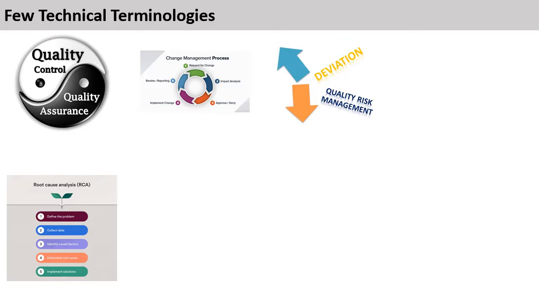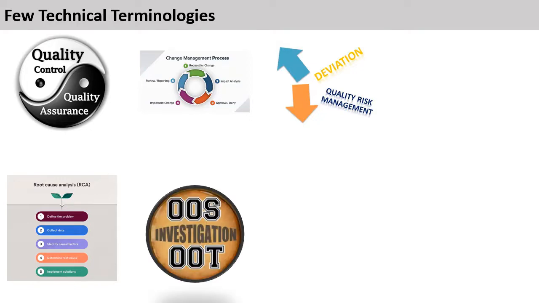It is required in case of deviation, OOS, OOT, complaint, audit observations, etc. So, what is OOS and OOT? OOS stands for out of specification, which is reported when during analysis results are found outside the acceptance criteria or